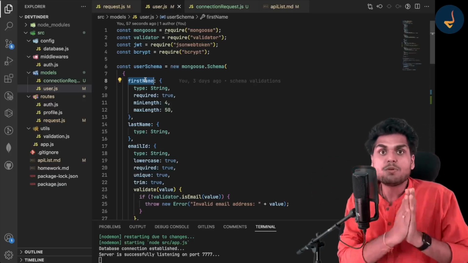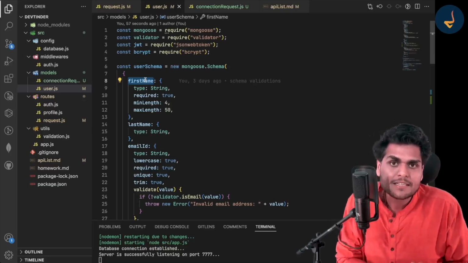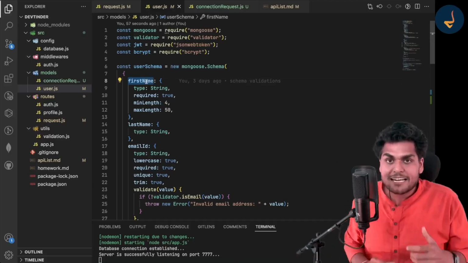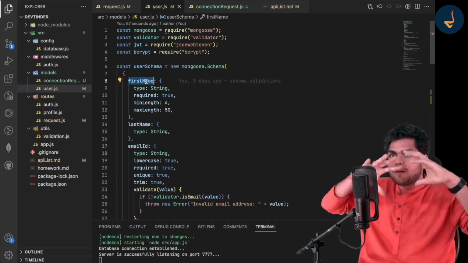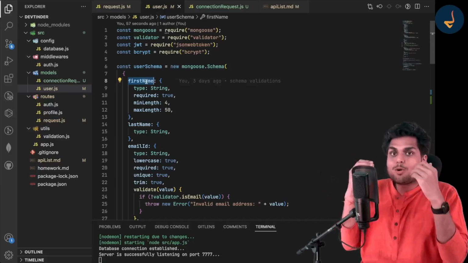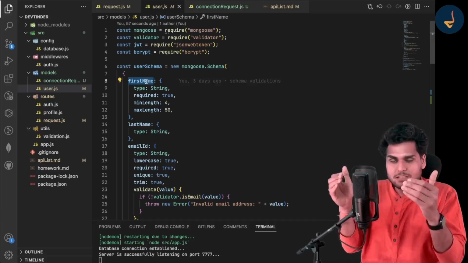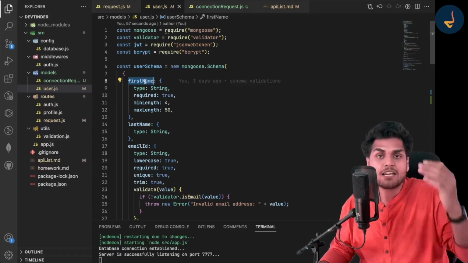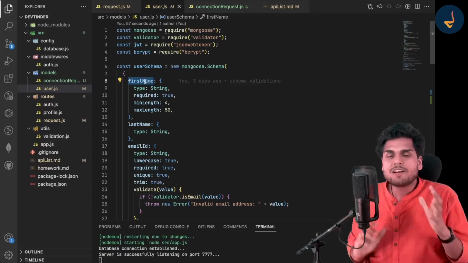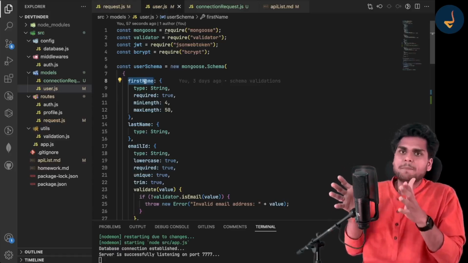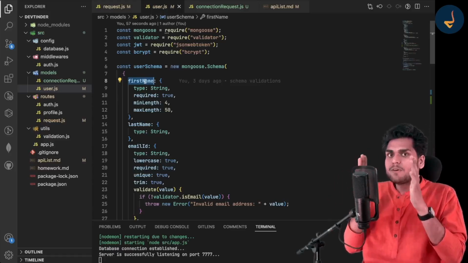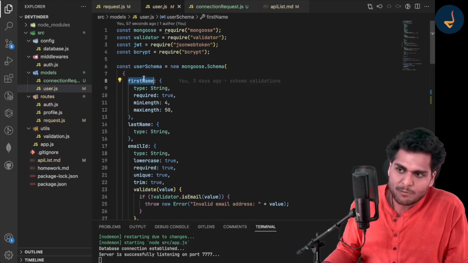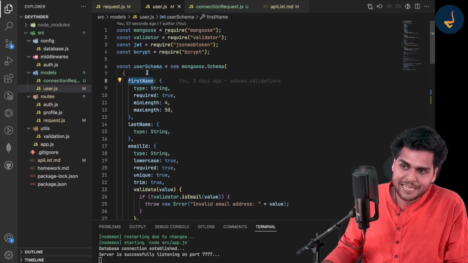But if you create an index in your database on the first name, then the DB will optimize itself for that, and your query will become very, very fast. So suppose I am creating first name as an index. Whenever I query with the first name, and I have made the first name an index,